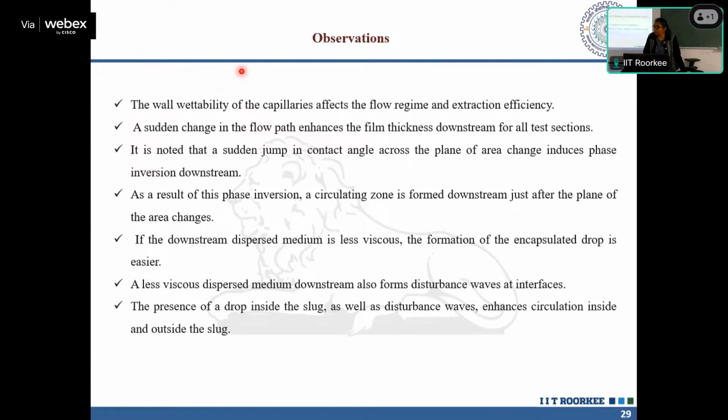When toluene is entered in the hydrophilic one, if you compare the tube to be throughout homogeneous, meaning 2 mm upstream is also hydrophilic and 2 mm downstream is also hydrophilic, so it is toluene dispersed in the upstream and toluene dispersed in the downstream also. In that case also we have seen the disturbance wave. So the enhancement was not that high because of that, because later if you change the wettability, in addition to that disturbance wave,